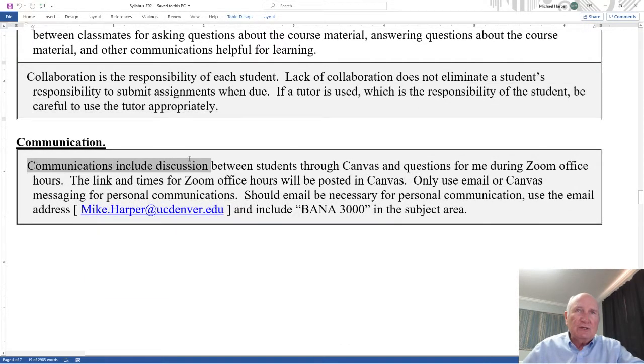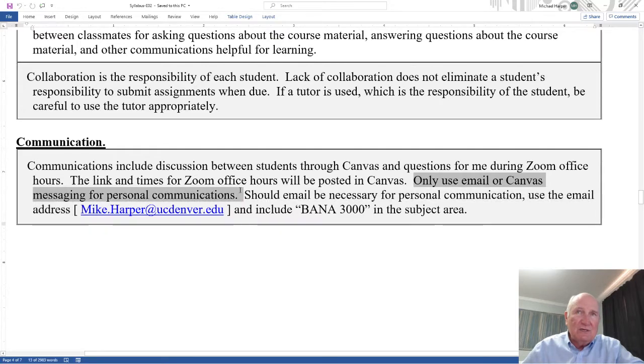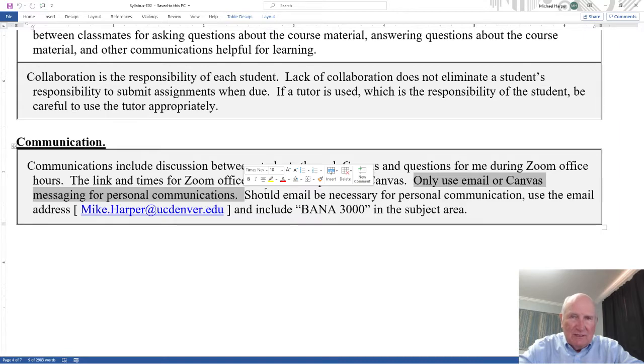Now, communication. Communication includes discussion between students through Canvas and questions for me during Zoom office hours. The link and times for Zoom office hours are posted on Canvas. Now, I want to encourage questions for me through Zoom. Only use email or Canvas messaging for personal communications when necessary. Be careful using email or Canvas messaging. I don't always see it. I have a lot of email. I have a lot of messages. You'll see I'm approaching 1,000. Sometimes I see them. But more importantly,